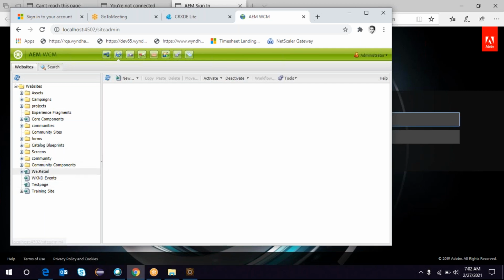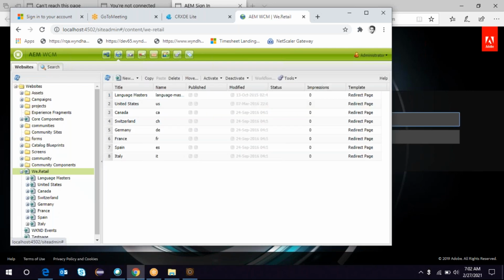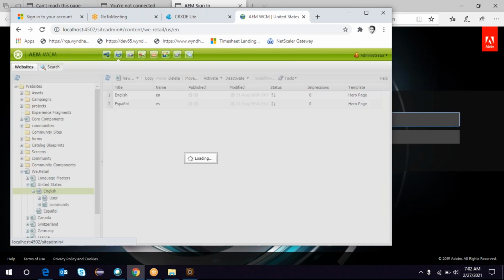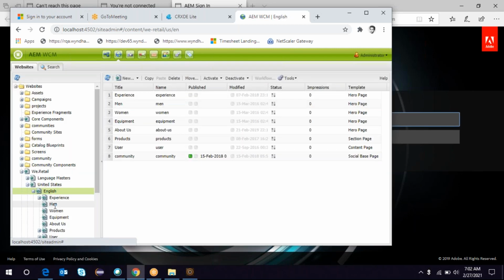So this is our W retail website. Okay, and these are the pages. United States is a page, under that English is a page, then under English we'll have experience, men, women, equipment. All those things are pages of this W retail website. So they have created the entire website and its pages in the